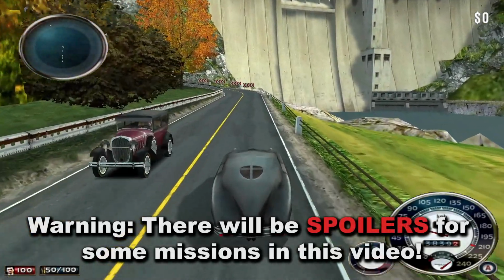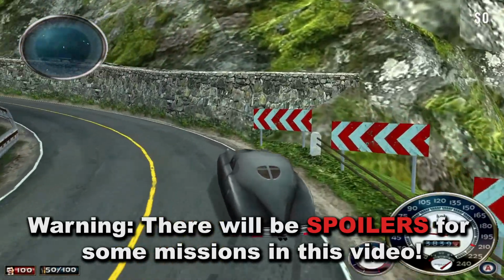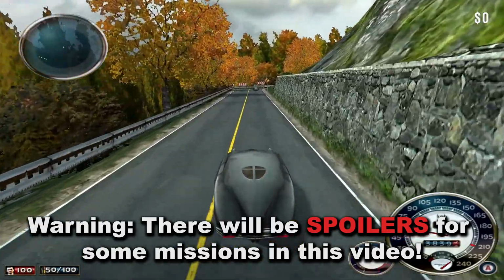So the original Mafia has quite a few cool details. Some are obvious, but today we're going to be looking into the hidden features of this game. I decided to throw in a few glitches into this video because, well, while they may not have been intended